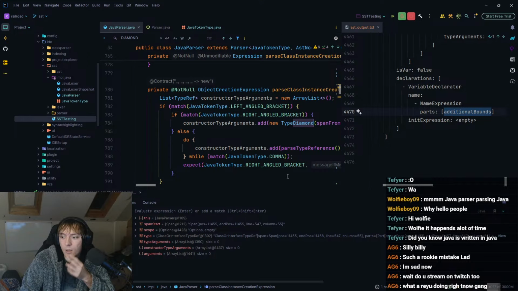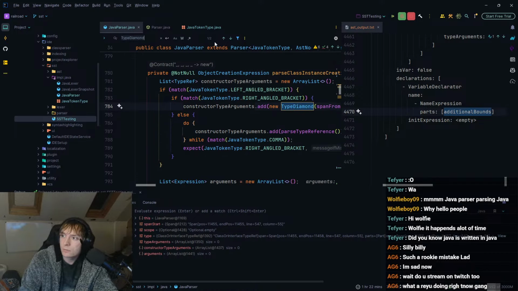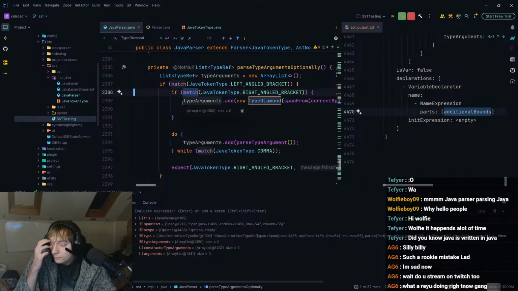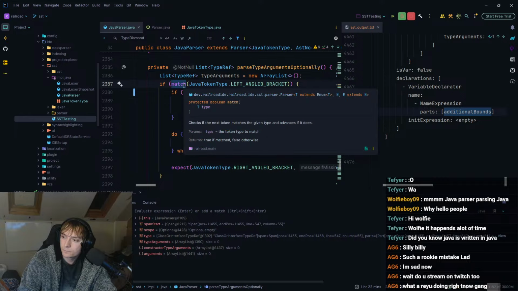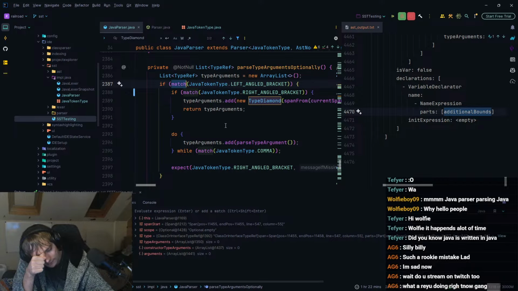So basically, the type now has the diamond, but yeah, that's actually not correct. If we actually look at this here, yeah. This is kind of correct. It's kind of correct.